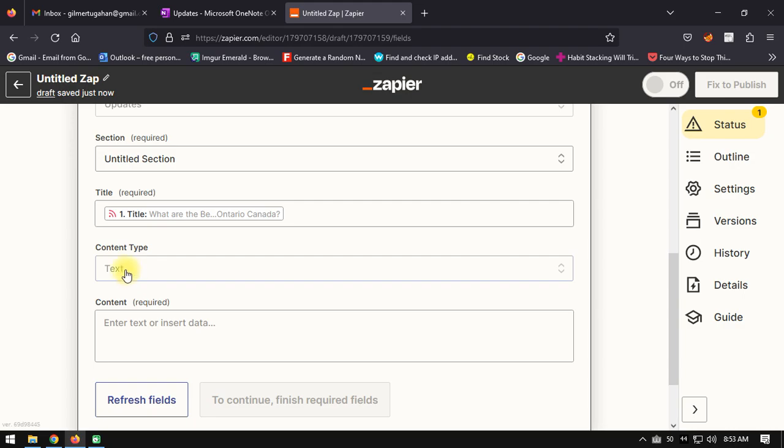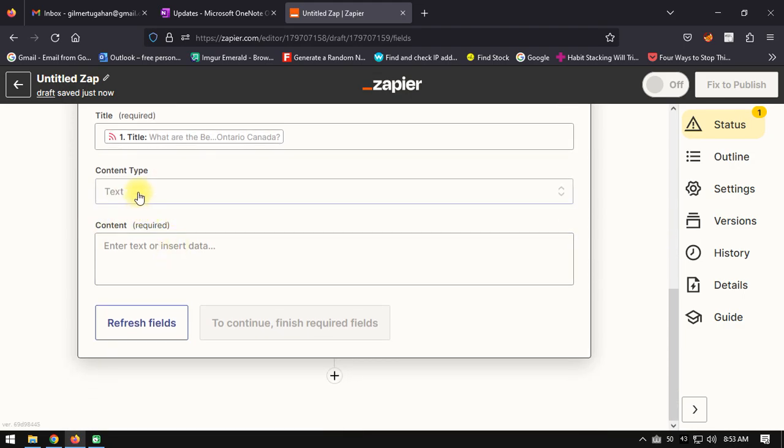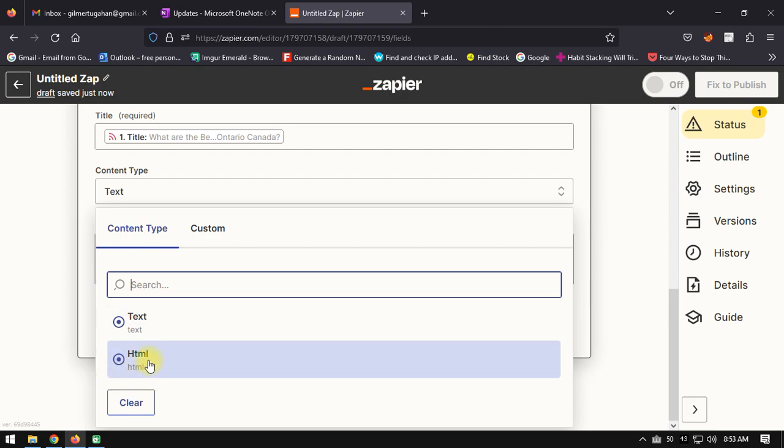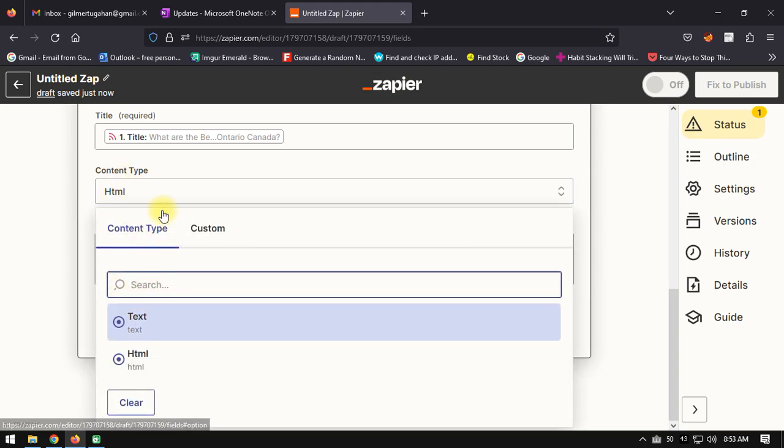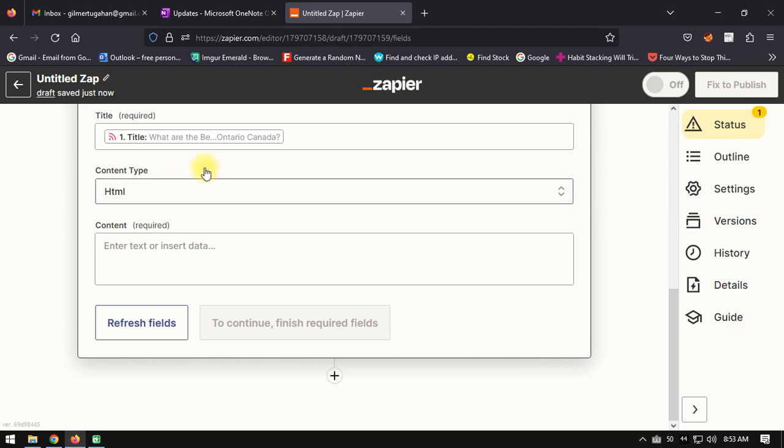Now you should be careful on this one. The content type for this should be HTML. If you accidentally use the text type, it's not going to publish the whole content with images. It's just pure text. With this HTML type, it's going to convert nicely. Now the content,